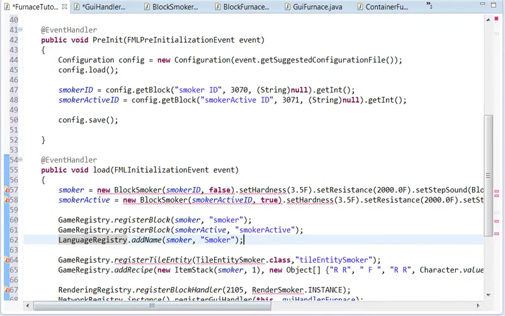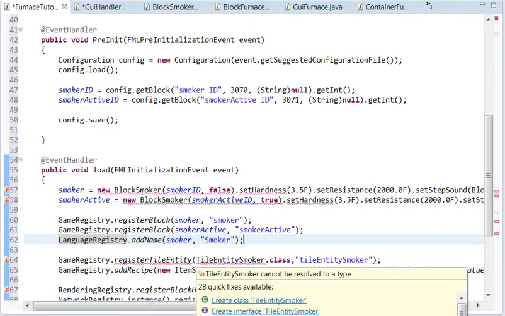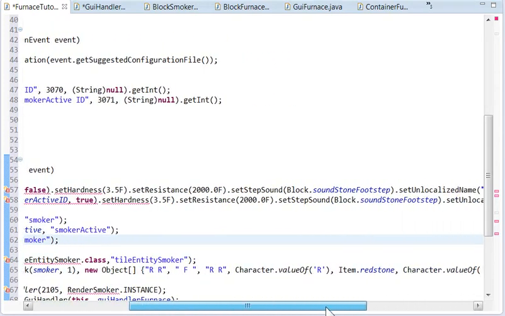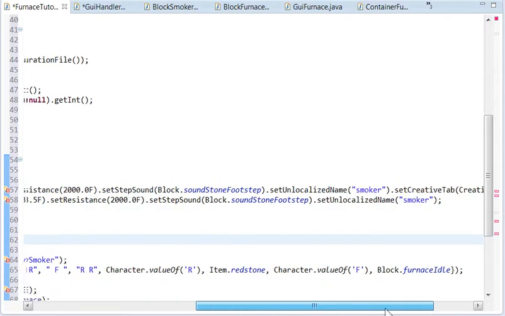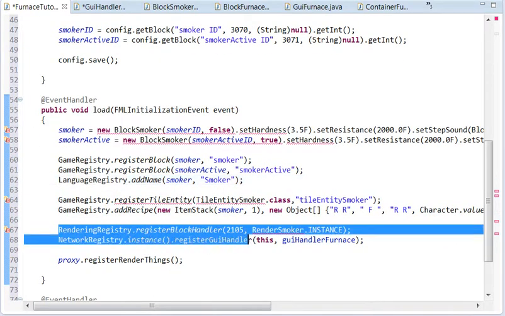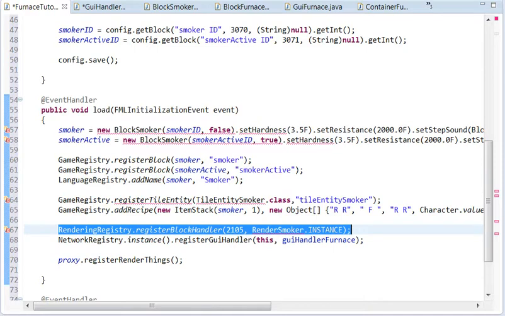You're going to want to register a tile entity. It's underlined right now because I have not created it. You want to make sure you have a recipe. You can add a recipe here. I have one already created. And then here's another part that I will get into at the very last step of this tutorial,